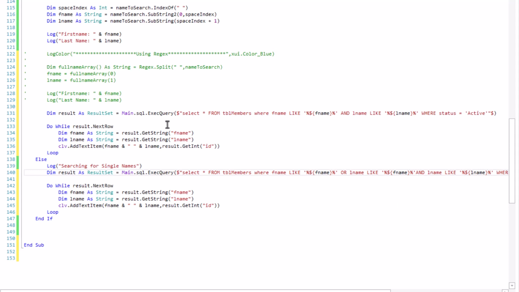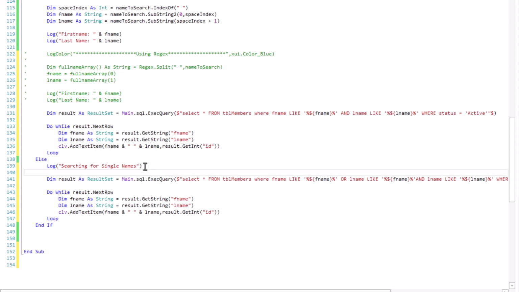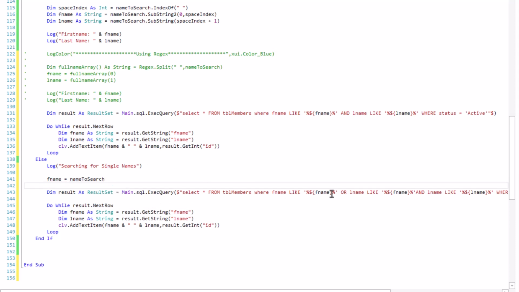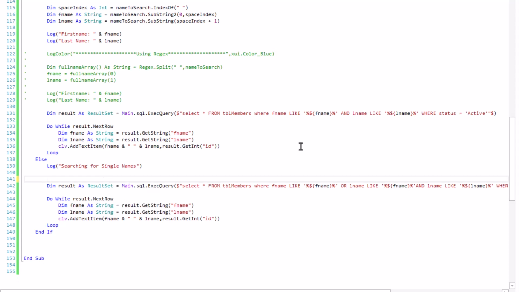Okay, so here our name should just be first name. First name equals name to search, because it's just one name in the text box. So use that same name to search through the first name field and use that same name to search through the last name field. So instead of passing, let's just use name to search direct.